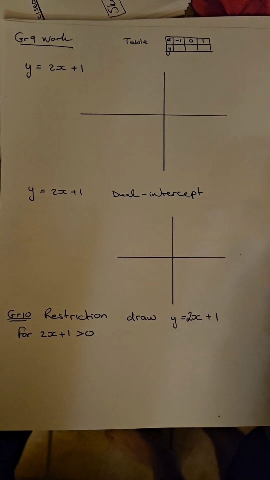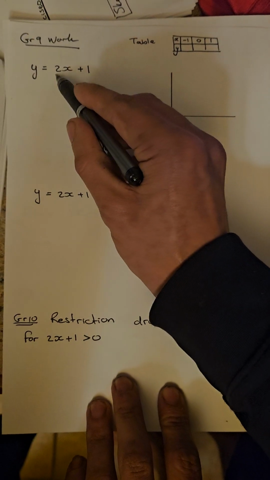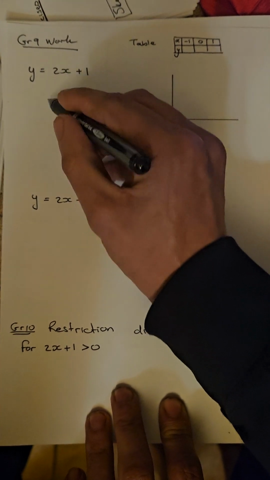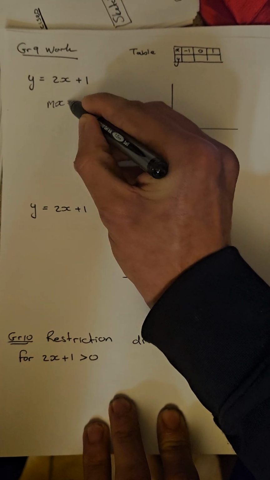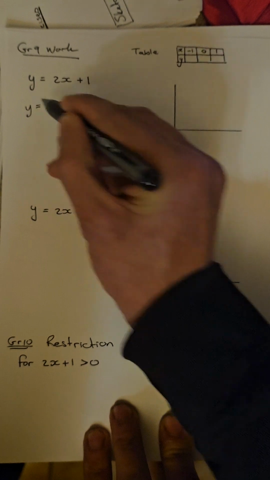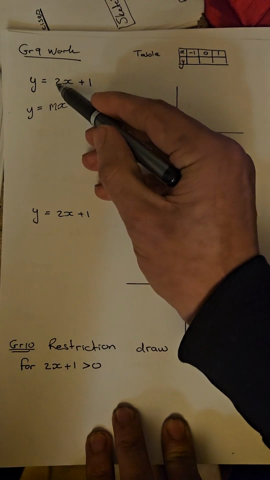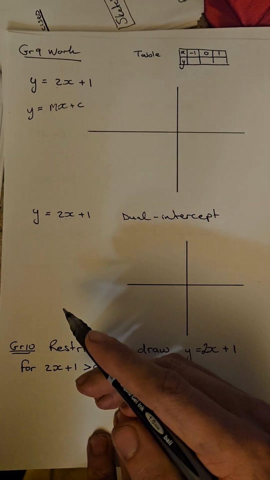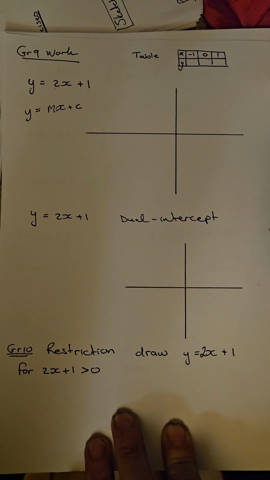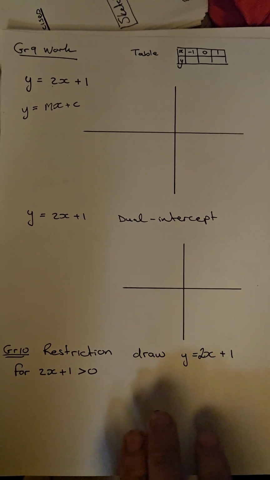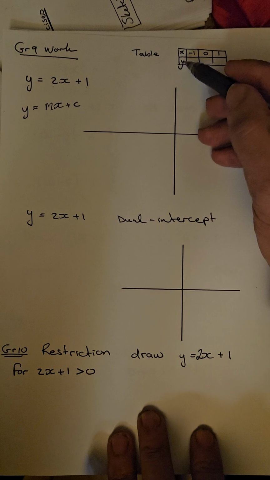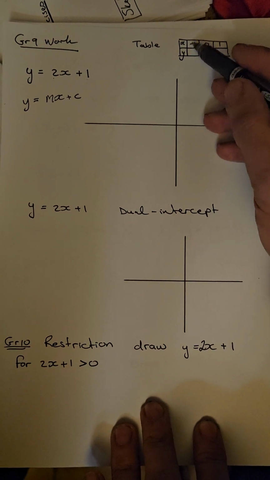Okay, so if we go back to grade 9, we know that straight lines have an mx plus c formula, and we know this is the gradient, this is the y-intercept. So there's two methods of drawing this. You could even draw it different ways, but if we just do the table method, we can just choose values